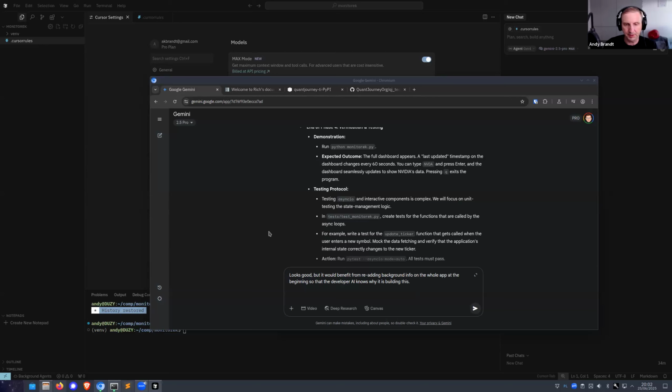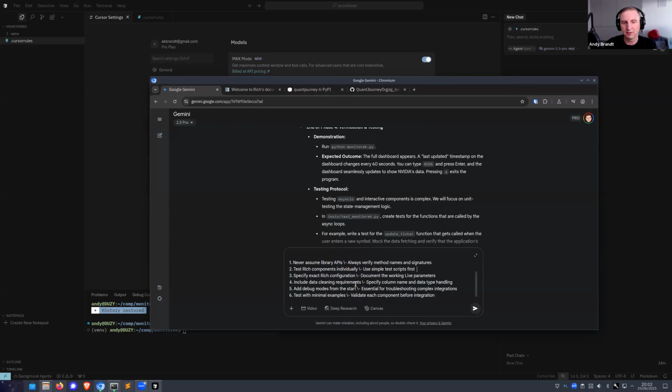So let's paste that in. I have to copy it as Markdown, Markdown being the native format for AIs. So those statements should be in the plan: never assume library APIs, always verify methods and signatures, test rich components individually, specify exact rich configuration, include data cleaning requirements, add debug modes from the start, and test with minimal examples.